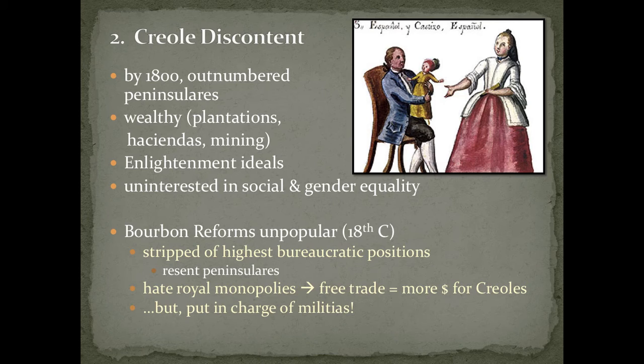The Spanish government did make some Creoles in charge of local militias, so militias being local armies. That was a terrible idea, though, because at the same time the Spanish crown was ticking off the Creole population, they just gave them the means by which they could potentially rise up against Spain. I don't know what they were thinking. But nonetheless, some Creoles were given positions of leadership for local armies.